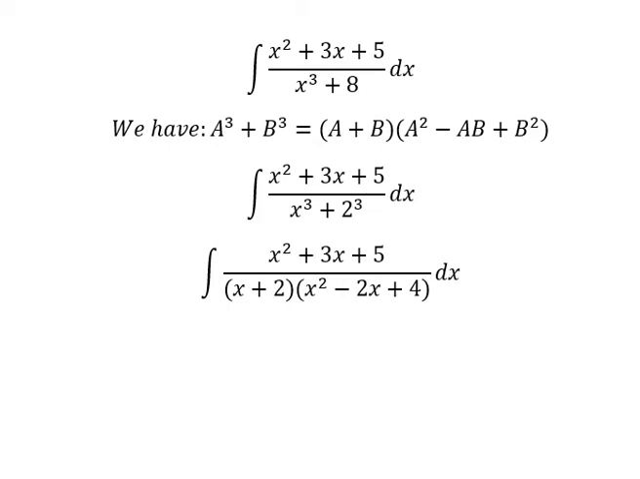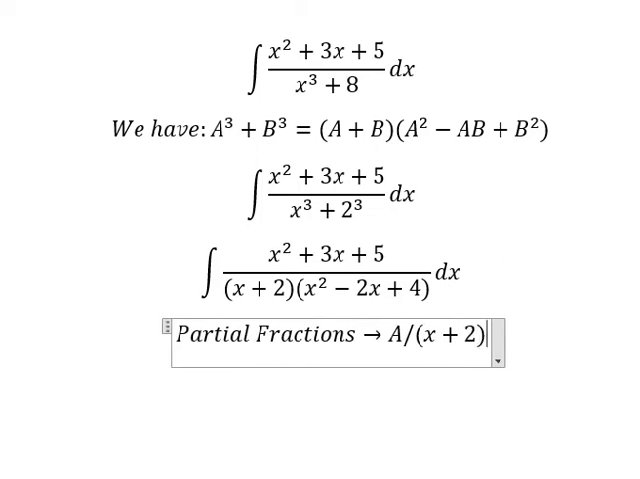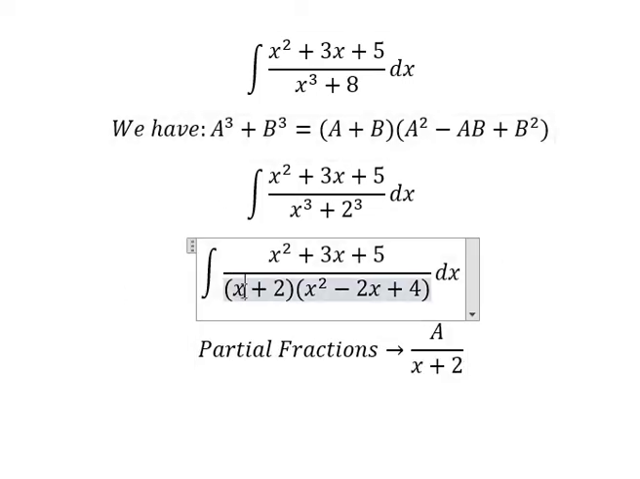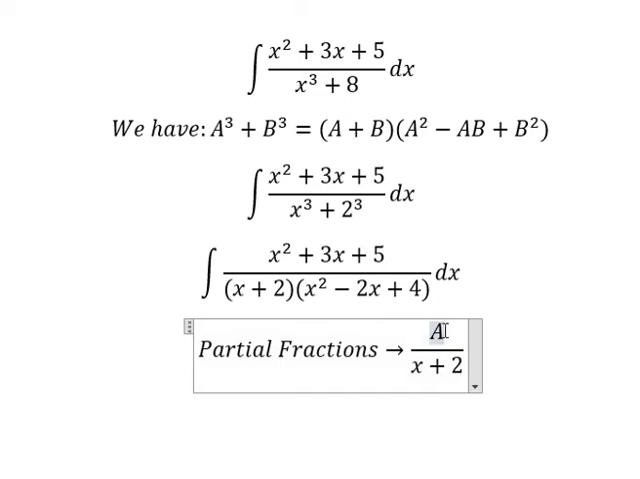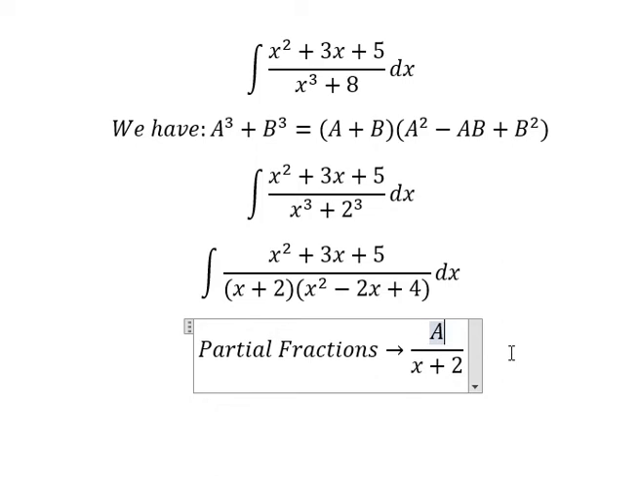Next, we need to do partial fractions. So we have capital A over s plus 2, because s is degree number 1, so the numerator should be s to the power of 0. That's degree number 0. That's why you get A. The next one,